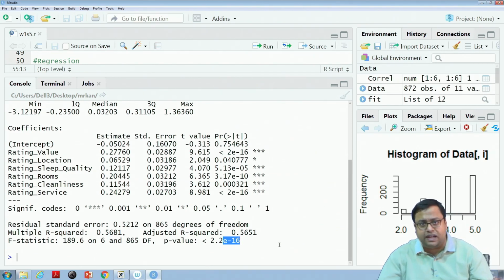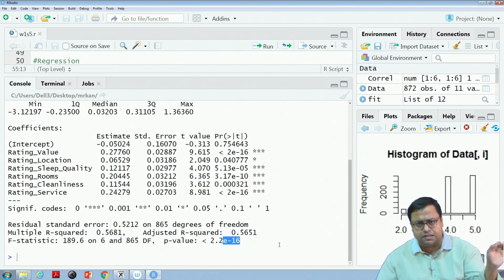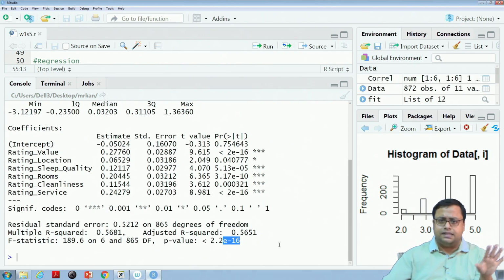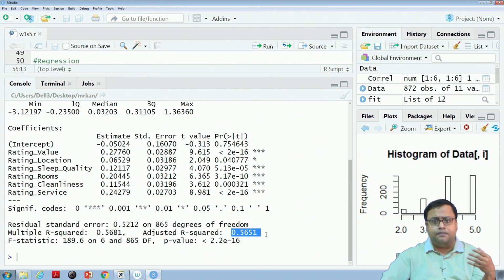That means 0 point, 15 zeros after the decimal point and then 2, 2. That is very small, which means the F statistic is significant. So, I can believe in this model. Then the adjusted R square is 0.5651, which is good enough at least in the context of marketing. It can be further improved, but as of now it is good enough.